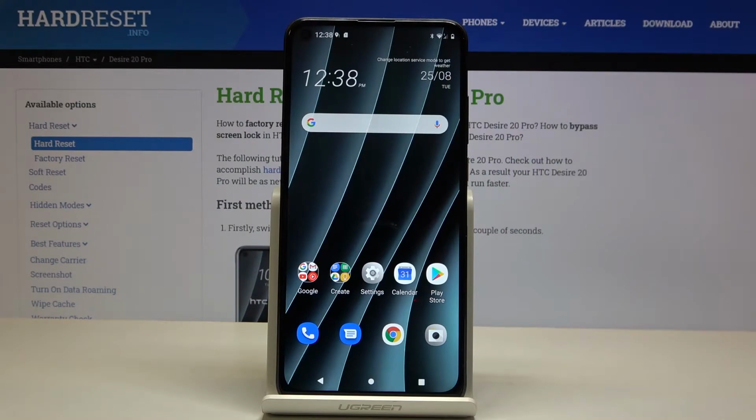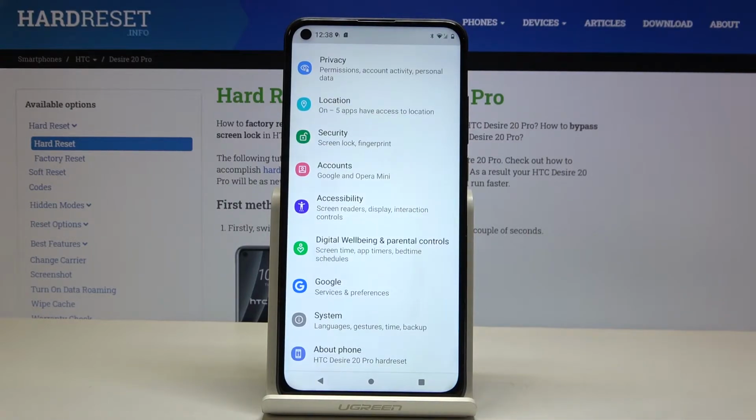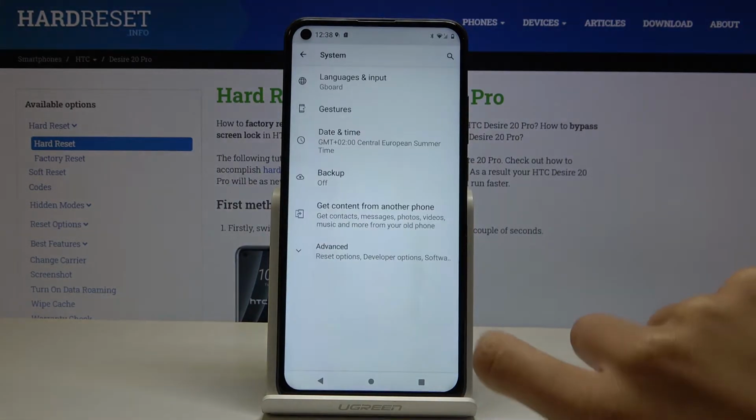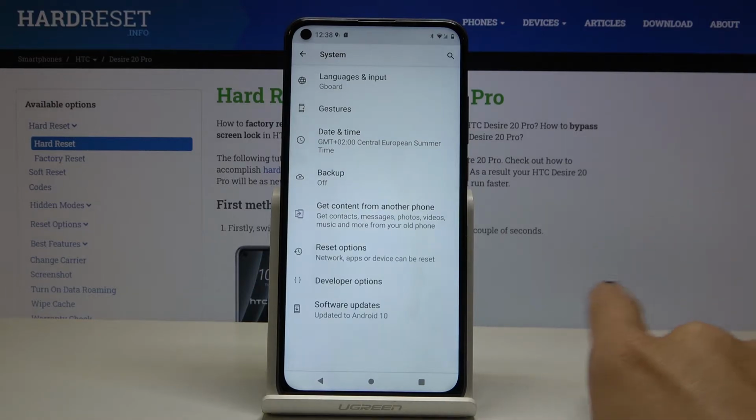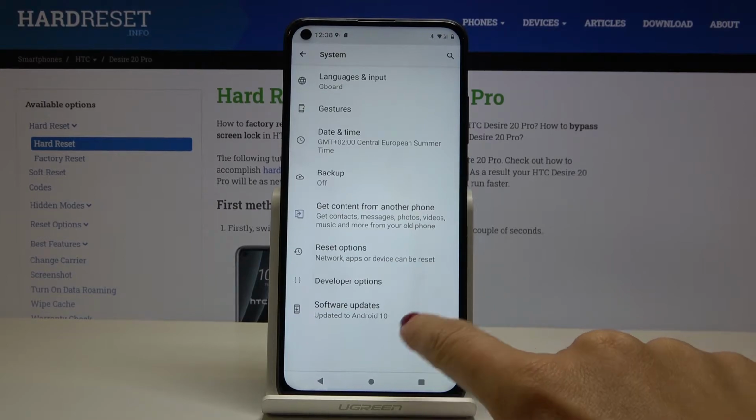In front of me is HTC Desire 20 Pro, and let me show you how to activate demo mode on the following device. So at first, just open the settings, then go to System and here click on Advanced. As you can see, developer options are already unlocked, so smoothly enter these options, but if they are not here,